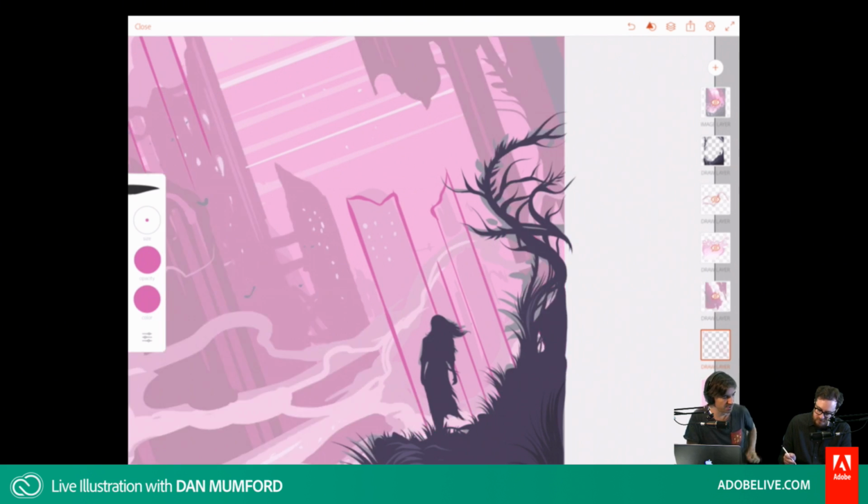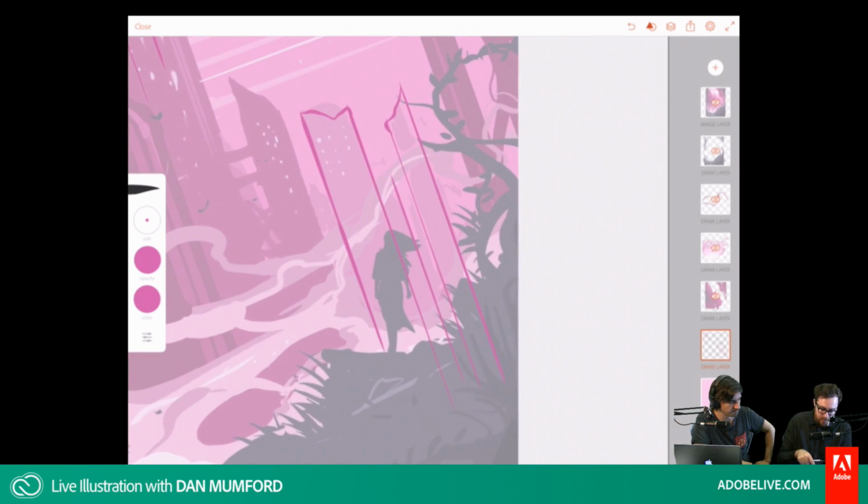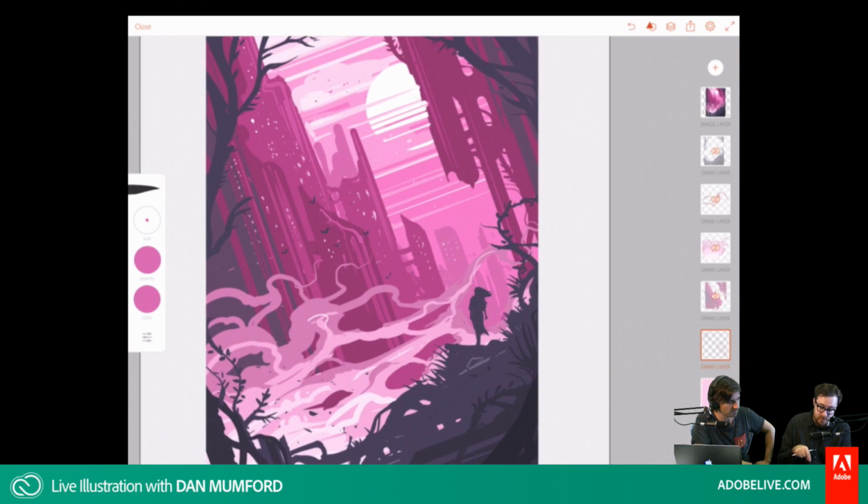Okay, so let's quickly check what you're working on. The buildings in the back. Yeah. So what we're doing now is we're slowly building up the depth in the image, and I'm just adding in this last layer of buildings before we then move on to the sky, and that's gonna bring everything together, and we're gonna have quite a cool looking